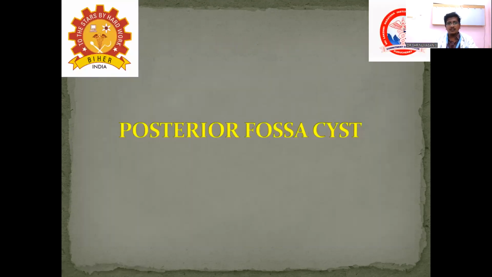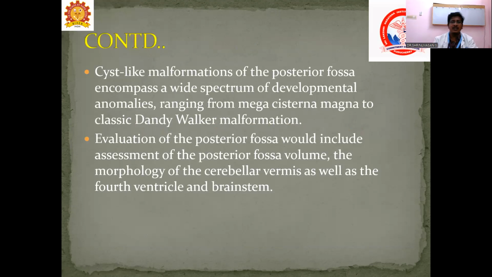And the final one, the last one, is posterior fossa cyst. This is the fifth question. So far we have discussed the brain signal abnormalities, ventricular abnormalities, then the corpus callosum, and the malformations of cortical development. So finally, we are going to see the posterior fossa cyst, when it is normal and when it is abnormal. When there is an enlarged posterior fossa, you have to think about the common malformations